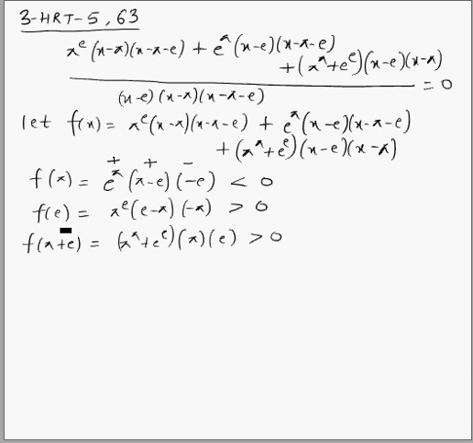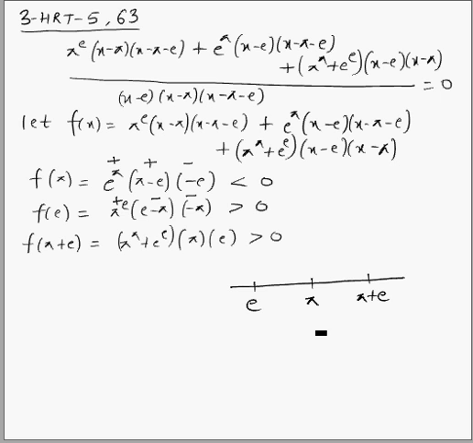And if we replace x equal to e in this expression, at x equal to e, this part is 0, this part is 0, and this part is non-zero. And if we see the sign of this part, it is positive, this is positive, negative, negative. So negative into negative is a positive quantity, so the overall sign is positive. And similarly, if we check the sign of f(pi plus e), it will come out to be positive. On our number line, on the leftmost we have e, then we have pi, and then we have pi plus e. Now we have just figured out the sign of f(x) at x equal to pi is negative.